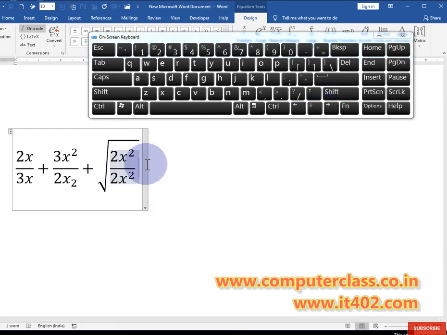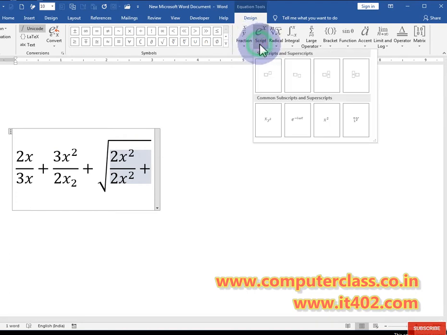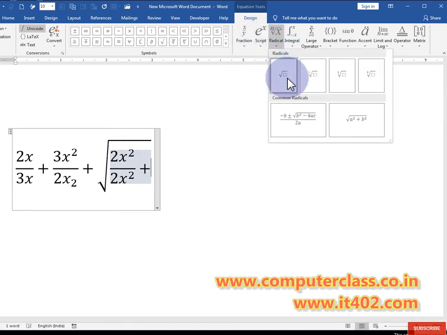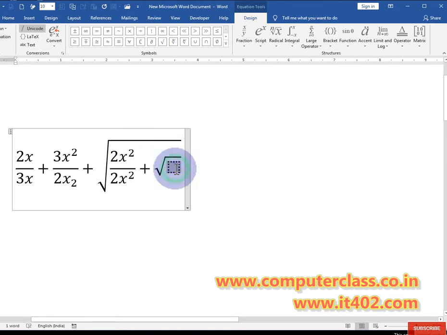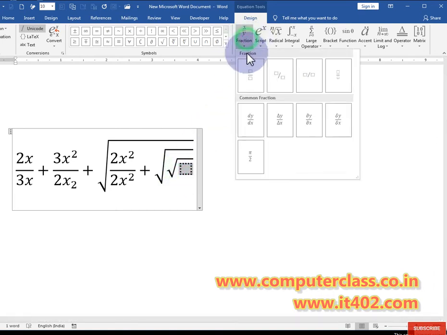So we need to be careful, and we can use these four arrow keys to shift your arrow anywhere. Now take some other example also. We are doing all these basic practices under one equation. So if you want to do something, you can use these types of equation, and here if you also want to use power, then you can use it like that.